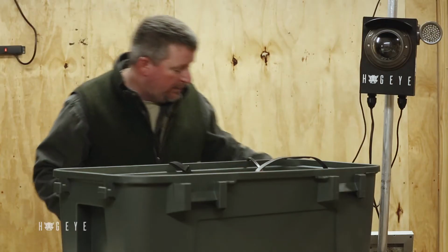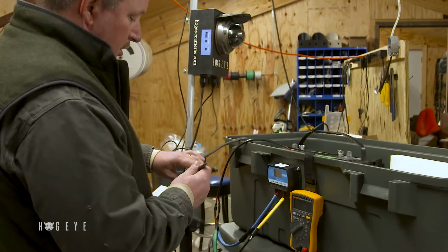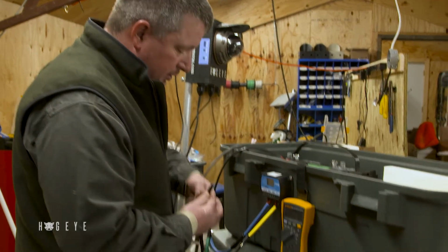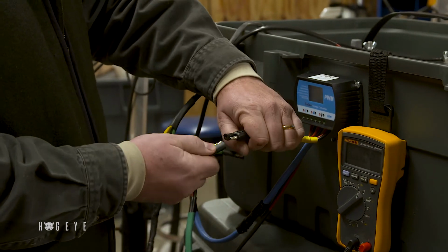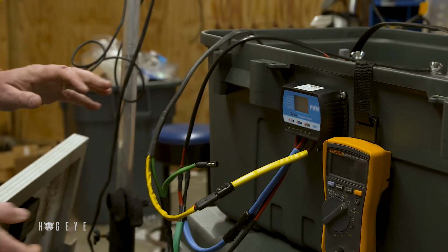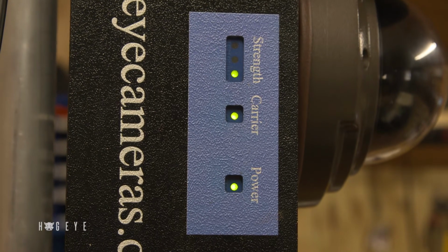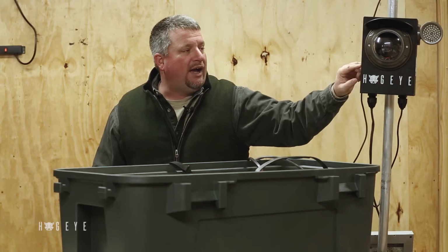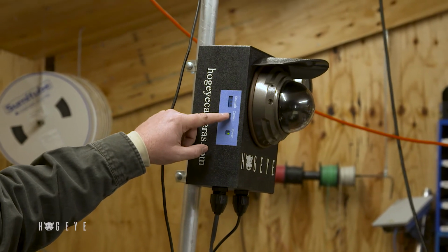Okay, so now we're going to power up our camera. Of course, this is yellow to yellow. We're not going to worry about the gate right now because we're just going to go through powering it up. Now, on this right here, when you plug it in, plug it all the way in, make sure it's seated firm. As soon as you plug it in, you're going to see your power light come on the side of your camera. You have a power, a carrier detected, that's AT&T or Verizon if you're in the United States, and